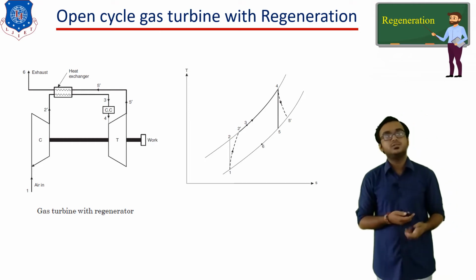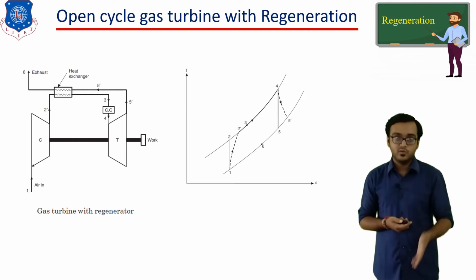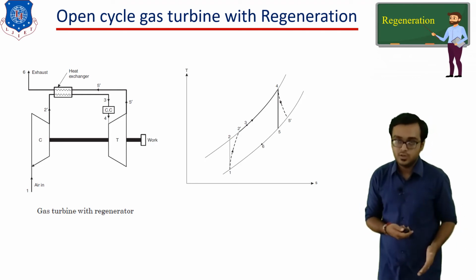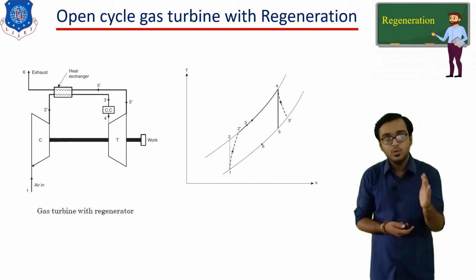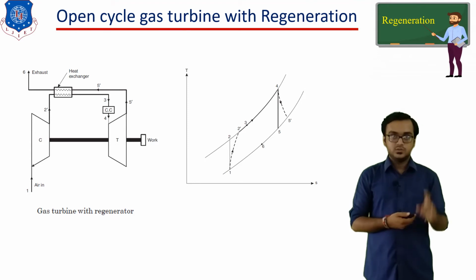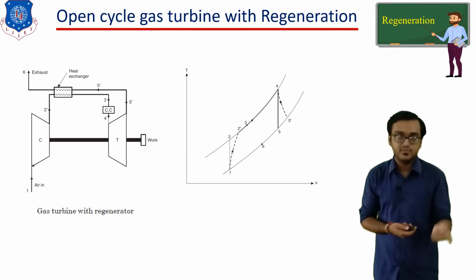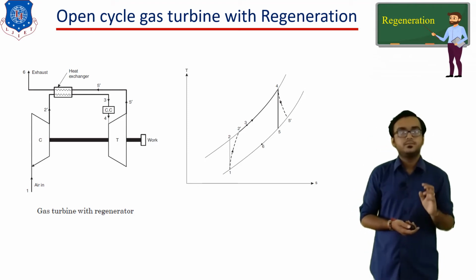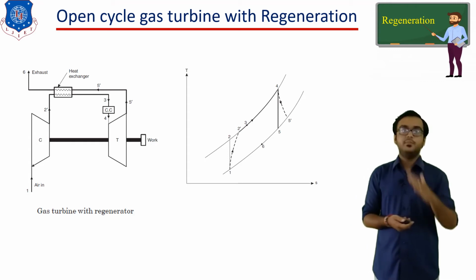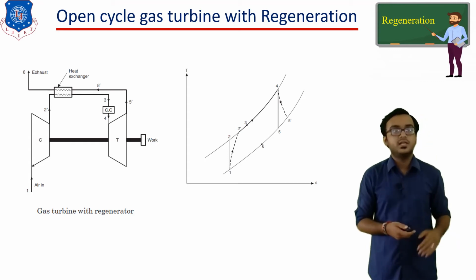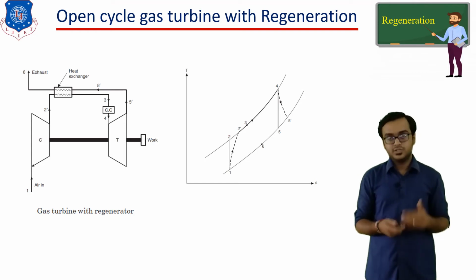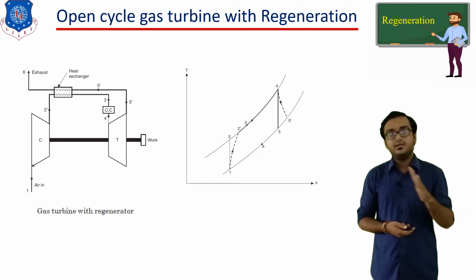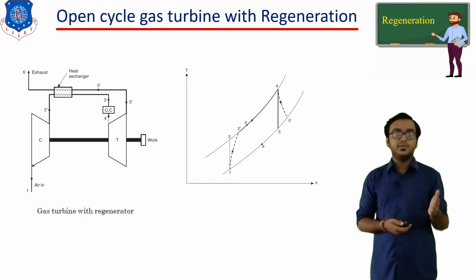In the system diagram, 1 to 2 is the compression process, which means you need to plot one vertical line on the TS diagram to indicate the ideal compression. But to show the actual compression, you need to plot one inclined line, that is 1 to 2'. So 1 to 2 indicates the ideal compression, while 1 to 2' is the actual compression. Then 2 to 3 is the heating inside the heat exchanger, so some amount of temperature is increased because of this heat exchanger. Then 3 to 4 is the combustion process, during which the pressure remains constant and the temperature increases.